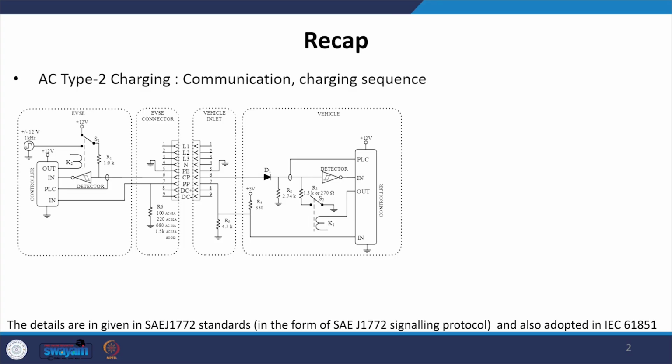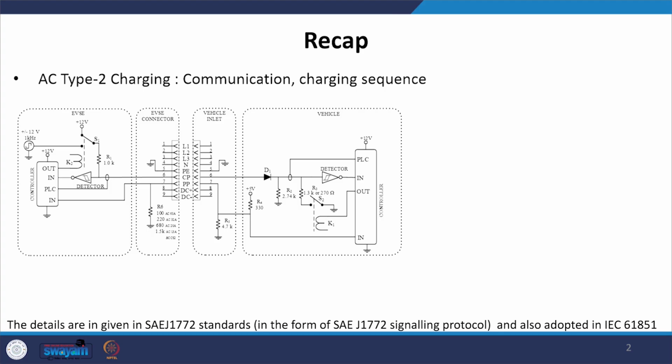Hello everyone, welcome to lecture number 15 of this NPTEL lecture series on charging infrastructure, and today we will be talking about DC charging, how it takes place, particularly for the case of the CCS2 charging system, which is again a combined charging system with a type 2 AC connector. So we will discuss in detail this DC charging system, particularly related to DC CCS2.